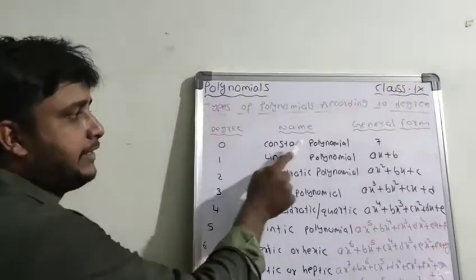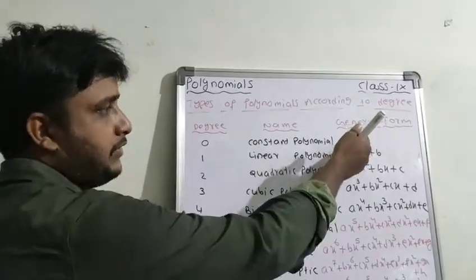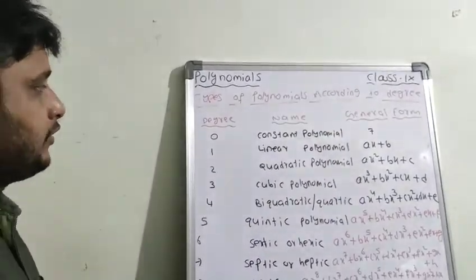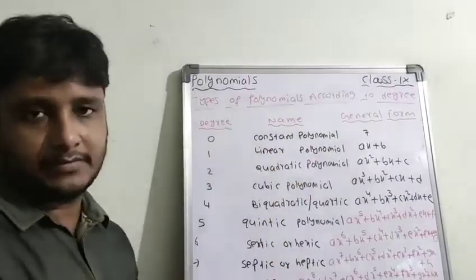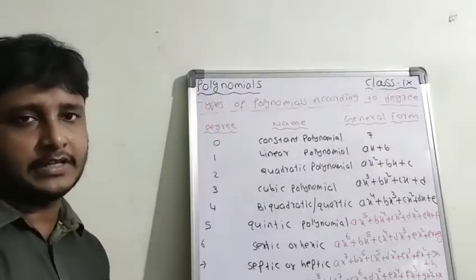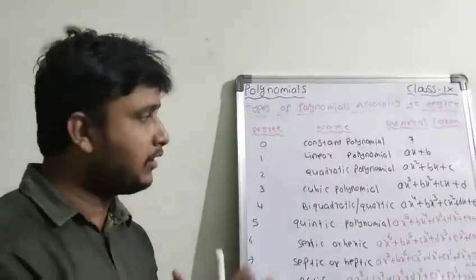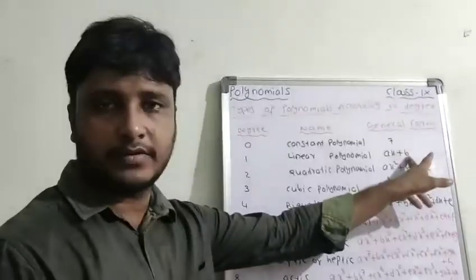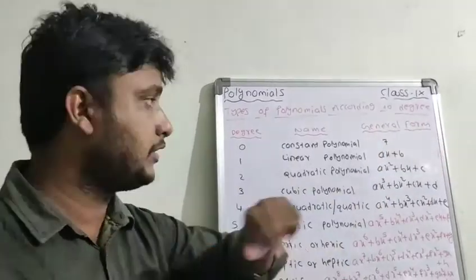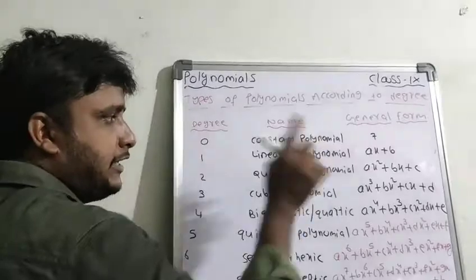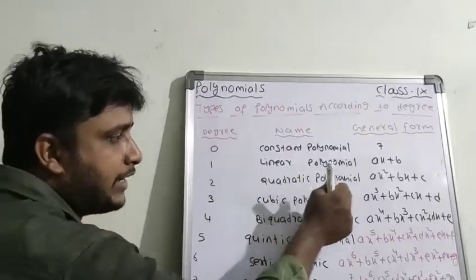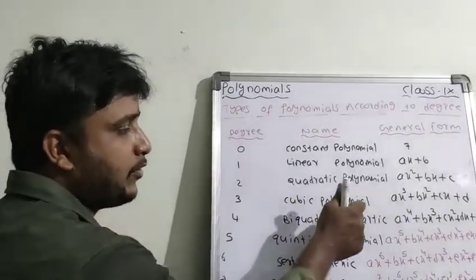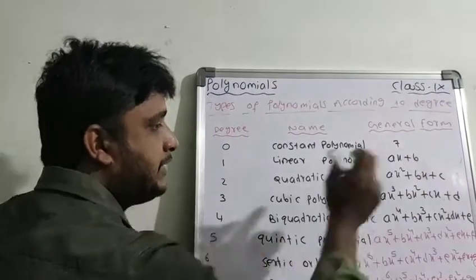So degree equal to 0, then this is called the constant polynomial. Constant polynomial means that there is no general form. All constant numbers are the examples, but I took 7 as example. So coming to degree 1, then it is called a linear polynomial. The general form means that actually we have to represent all polynomials with one general form. So this is called ax plus b, where a is the coefficient and b is the constant. These are the constants, and a not equal to 0. Degree 1, then it is called linear polynomial. Degree 2, it is called quadratic polynomial, ax square plus bx plus c in that form. Degree 3, then it is a cubic polynomial, ax cube plus bx square plus cx plus d.